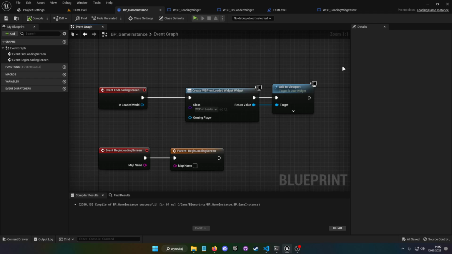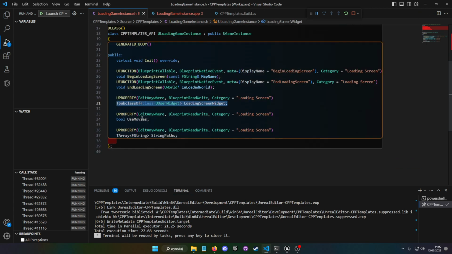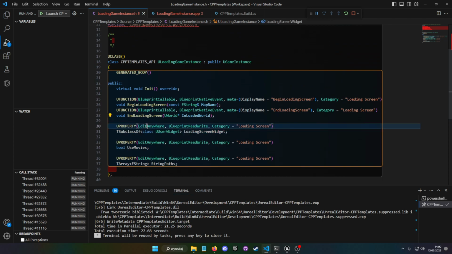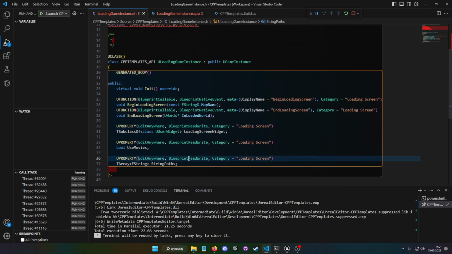It took many hours, I have to admit. It took like, I don't know, 10 hours of researching and testing, because if you make a USTRUCT, UPROPERTY, and you try to use a struct that is not exposed to Blueprints, then it will not compile.